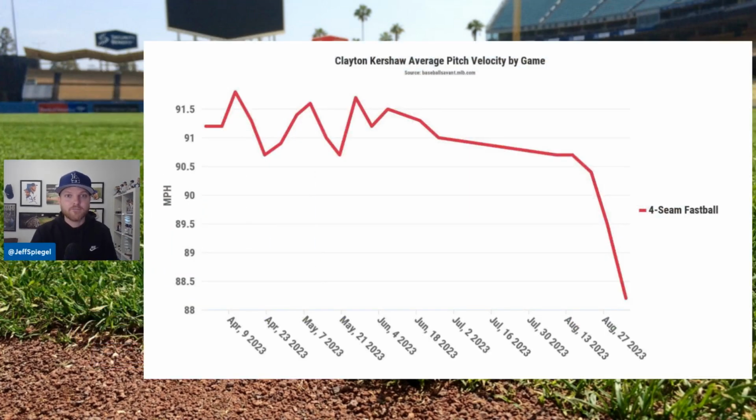And these are the ones that you've probably heard if you've been following the Dodgers, and more specifically, Clayton Kershaw. Let's talk velocity. Here's Clayton Kershaw's average pitch velocity by game. This is a 4-seam fastball. Now, you'll note in the middle there, he missed all of the month of July, and he's made now 5